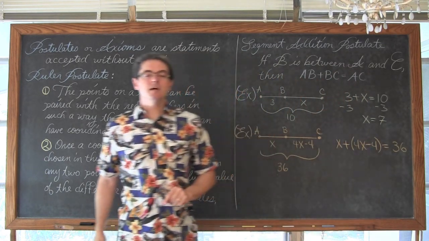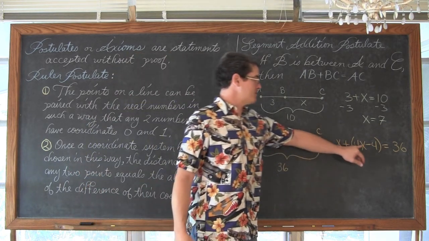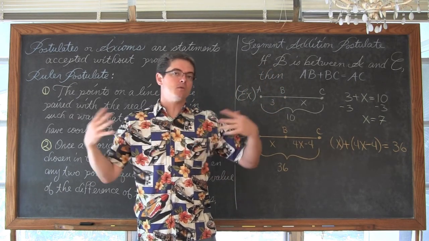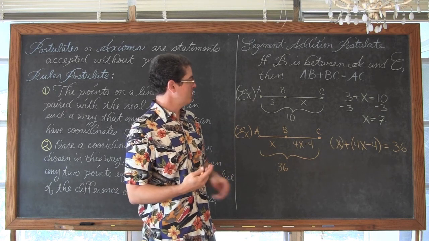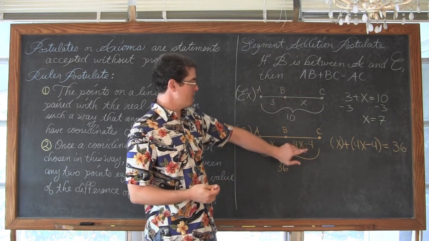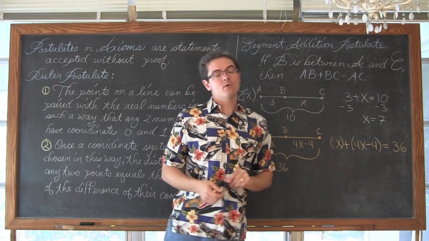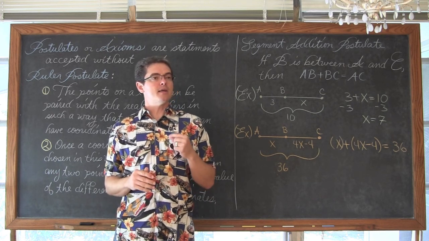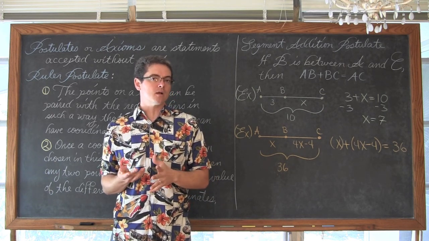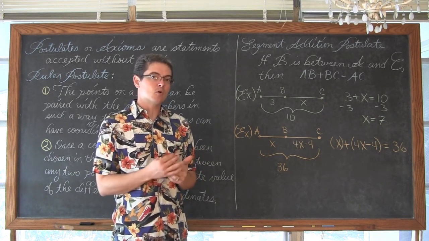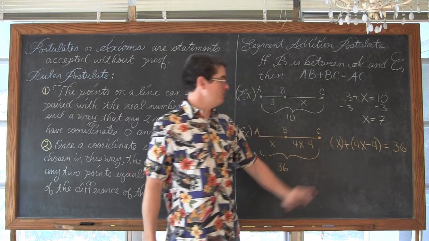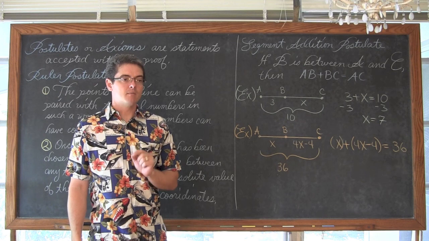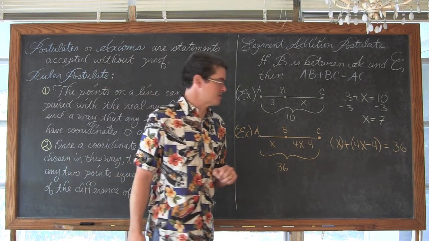Why am I using parentheses? A couple of reasons. I'm using the parentheses to identify this second term. Maybe I could wrap it around both to identify the two parts that I'm adding to equal the whole. And when you do substitution, and we are substituting x in for the length of AB, and substituting 4x minus 4 in for the length of BC, anytime you do substitution, you should get in the habit of using these parentheses. That way you make sure you follow the order of operations correctly. If there are exponents, you do those when it's appropriate. If it's subtraction, which these are not going to be, you'll remember to distribute that negative sign through the parentheses. It just makes students come up with the correct answer much more often and not make any sign errors.